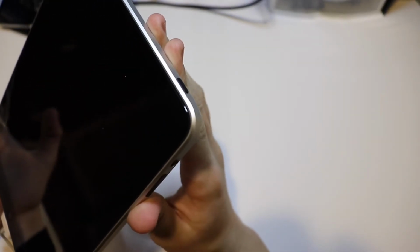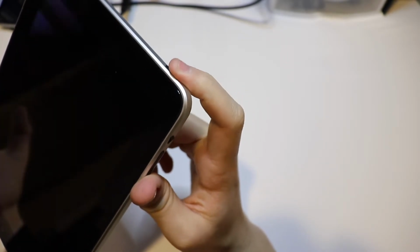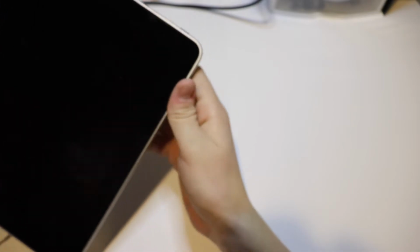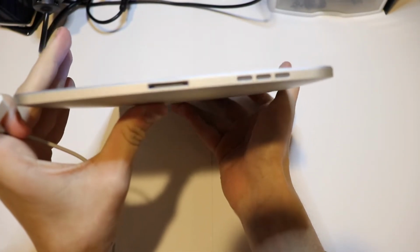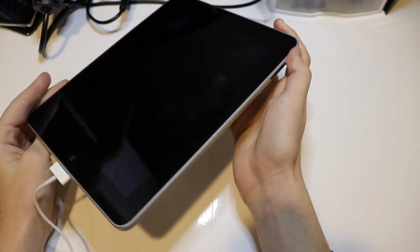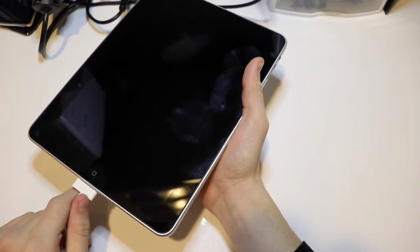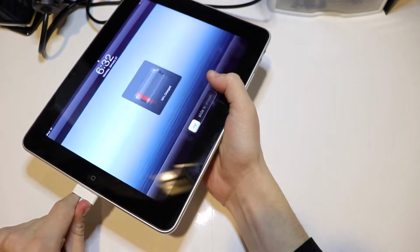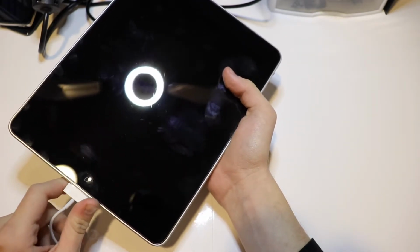So yeah, the buttons on here aren't as gummy as like the first generation iPhone buttons. But yeah, Apple didn't use metal buttons until like the iPad Air and iPad Mini. It does have the 30-pin dock. iPads had the 30-pin dock. So this iPad, a couple years ago, wouldn't charge at one point, and I don't know why. It was probably because we had a faulty cable, but